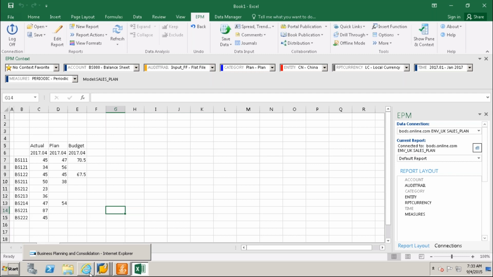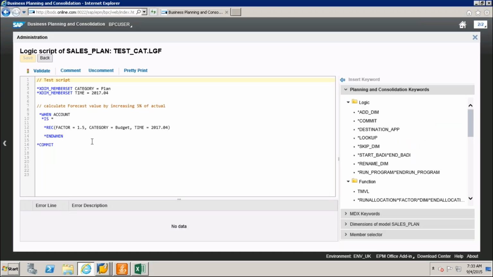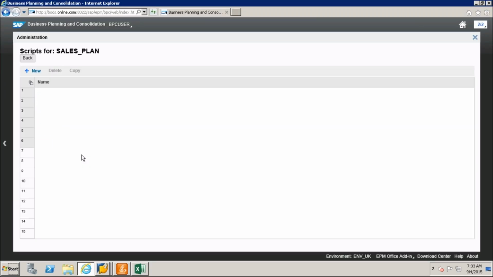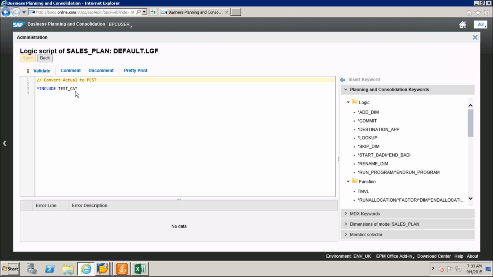Yes. So for example, this is one script I have. Coming back, this is test underscore code. So there will be only one default logic for each model?